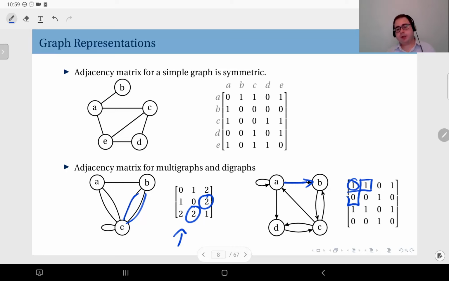And if you have multiple edges between two vertices, let's say, if I have this edge here between D and C, but let's say I have another one from D to C, this here would be, instead of a 1, this would be 2. So this is how you construct adjacency matrices for graphs in general,